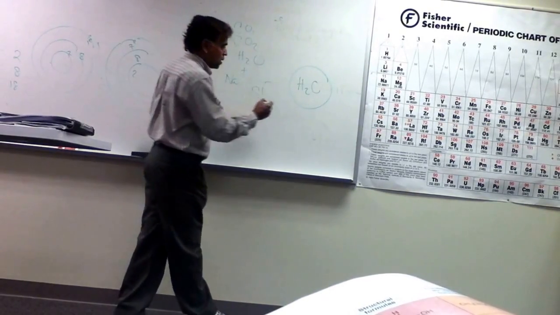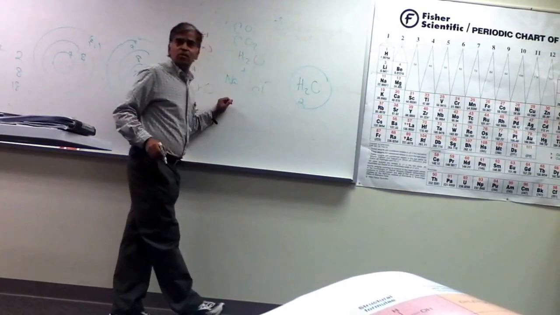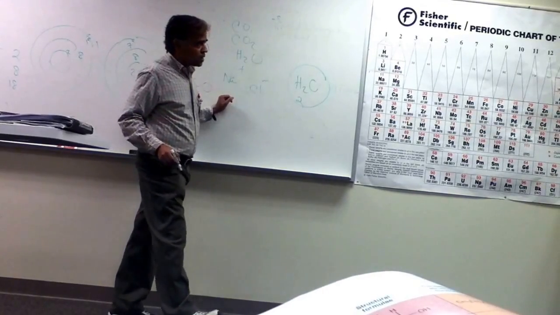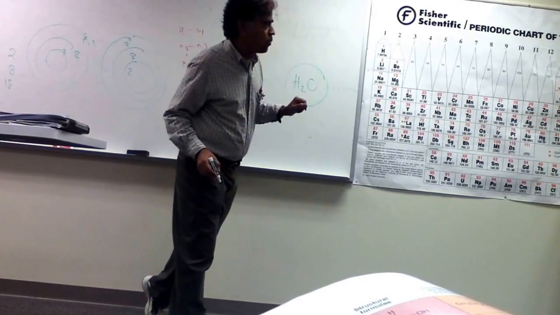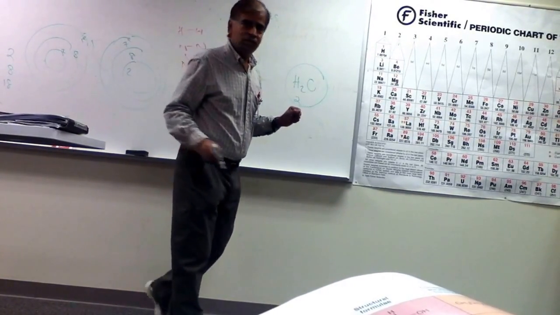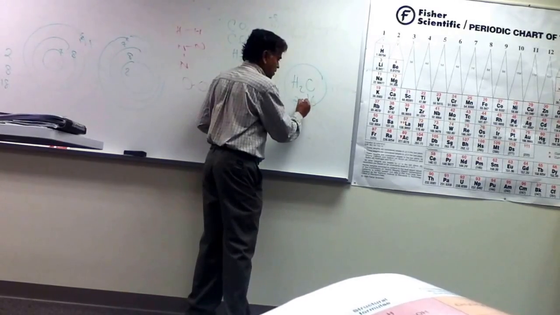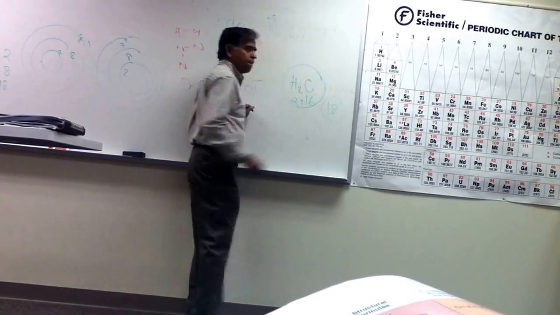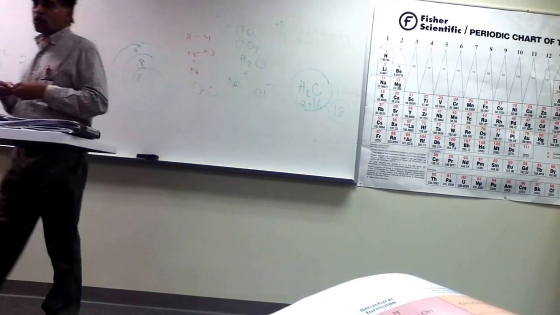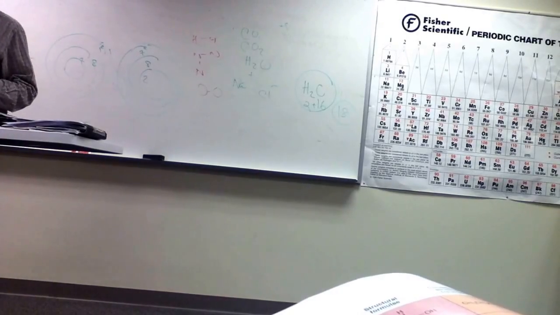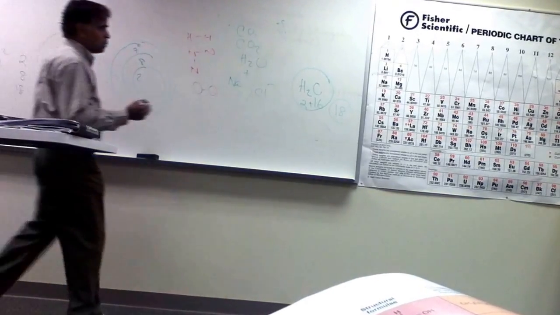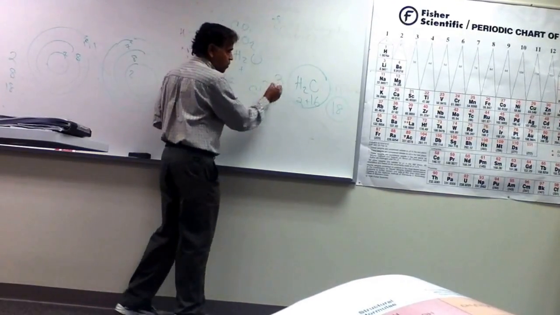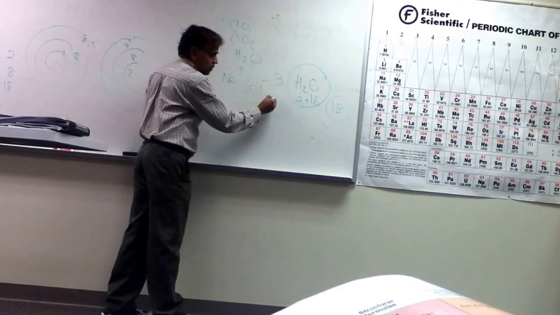So it will be what? 2 times 1. What about oxygen? 15.9, let's say 16. So it will be 18. 18 is your molecular weight, 1 molecule of water. So the same thing, if it is 3 molecules of water, what will you do? 3 times,